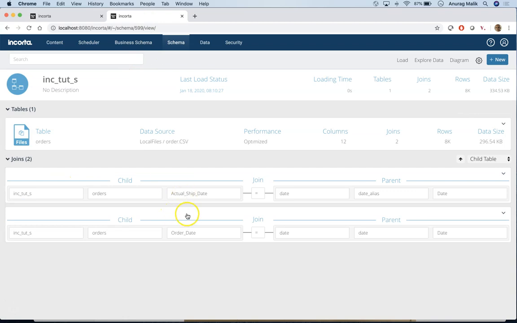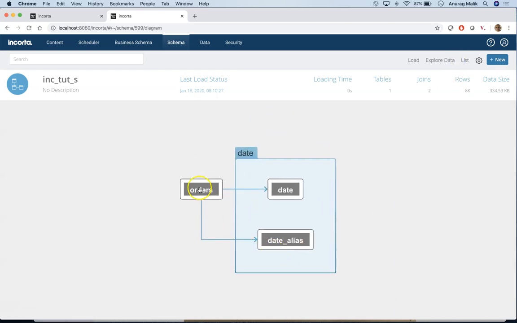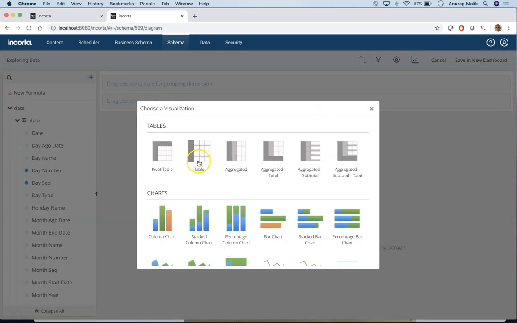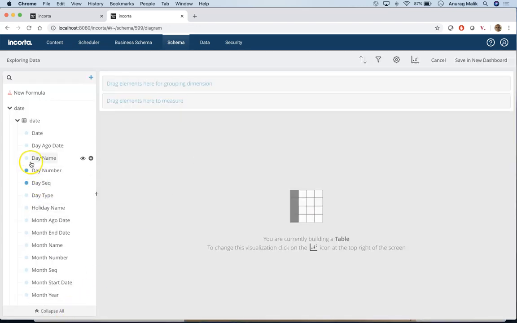And then these two columns that you see here, I joined with date table and date alias table. So order date in orders table is joined to date column in date table, and then actual ship date in orders table is joined to date column in date alias table. Look at the diagram here, orders table joined to date and date alias table. Now this makes it very simple to do that calculation. Now all you need to do is